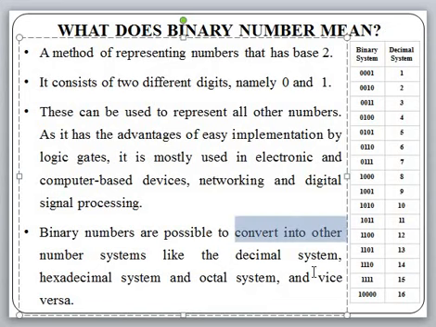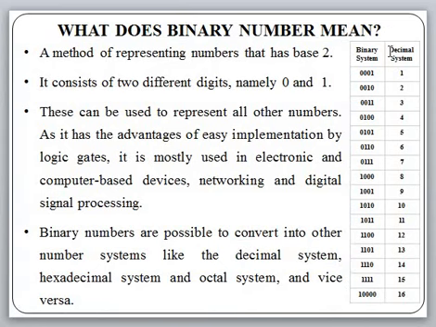Now here is a table given in this slide, which tells more about the decimal number system and the equivalent binary number system. In the decimal number system we can denote values starting from 0, 1, 2, 3, 4, 5. Here I started from 1, 2, 3, 4, 5, 6 till 16. Now 1 is represented in binary 4-bit representation like this. 2 is 0, 0, 1, 0. Similarly 3 is 0, 0, 1, 1.